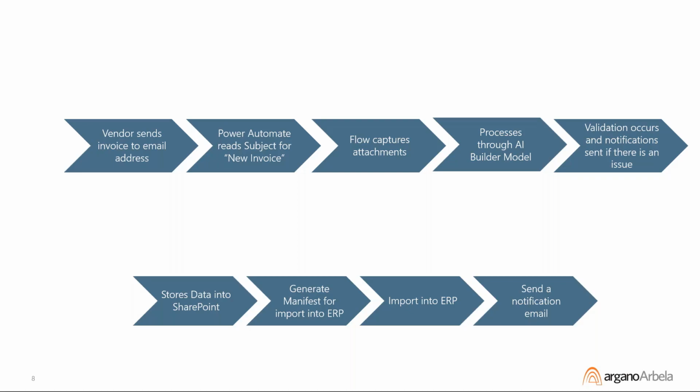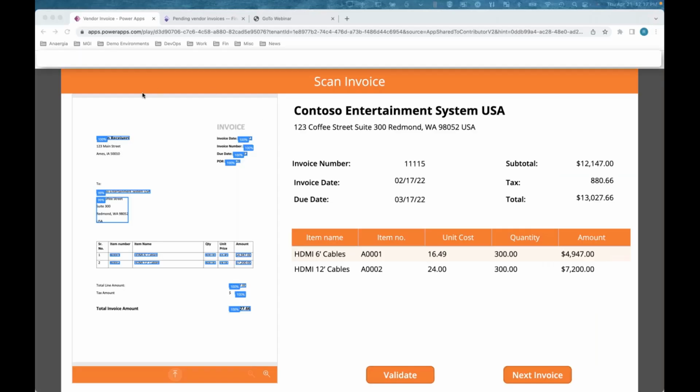Thanks, Corey. So what you see here is, if I'm playing the role of an AP professional, and let's say the backend AI builder model does its thing. So there's an email that is sent by a vendor with the AP invoice attached, or it could be an upload, some electronic way of getting AP invoices to ap@arganoarabella.com or AP invoices at abccompany.com. So once we have the electronic PDF or electronic file of the AP invoice, we can trigger the AI builder